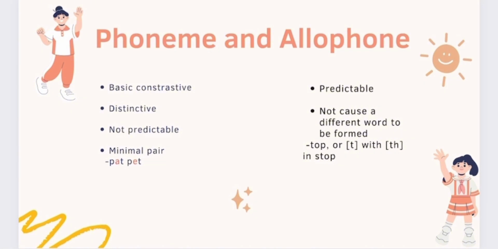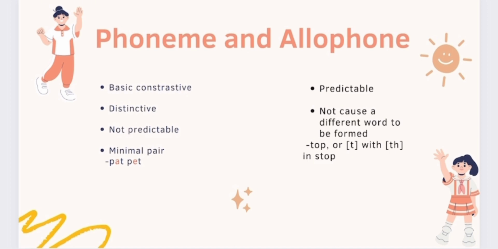A minimal pair is a pair of words that differ in a single phoneme. Minimal pairs are often used to show that the sounds construct meaning in a language. For example, pet and pet. Since phonemes are not predictable, it depends on what you want to say rather than rules. Phonemes are described as being in parallel distribution because they are found in the same or similar phonetic contexts and environments.